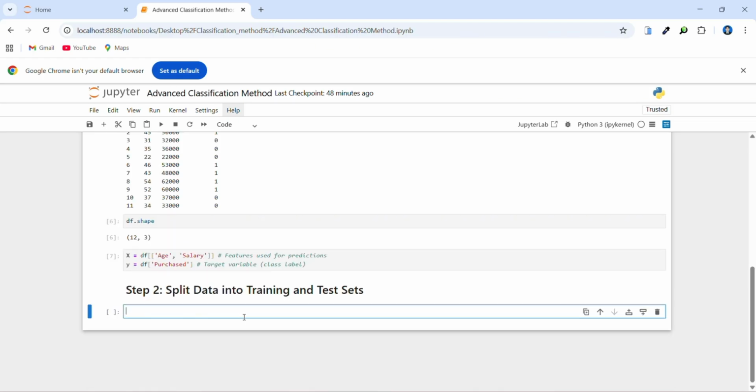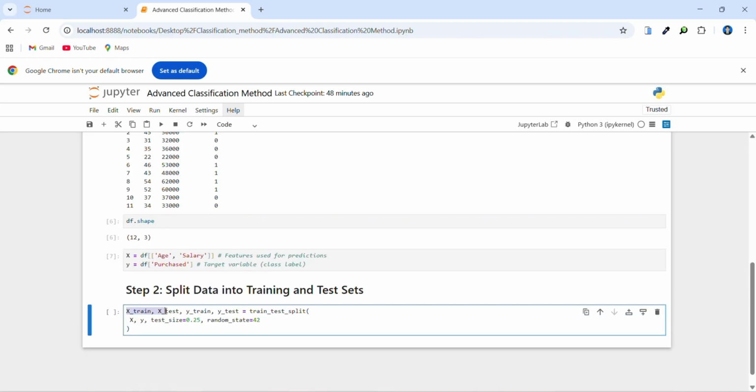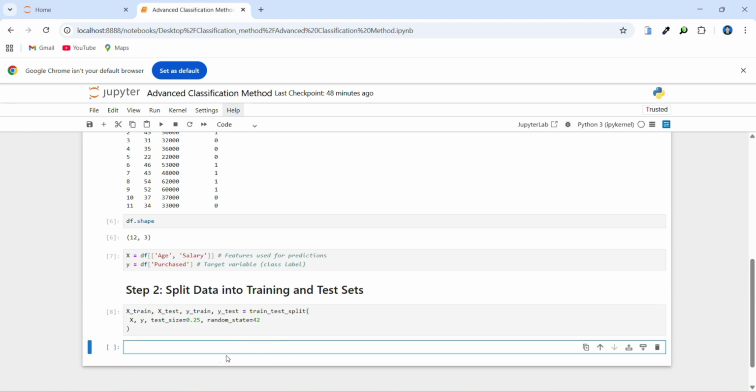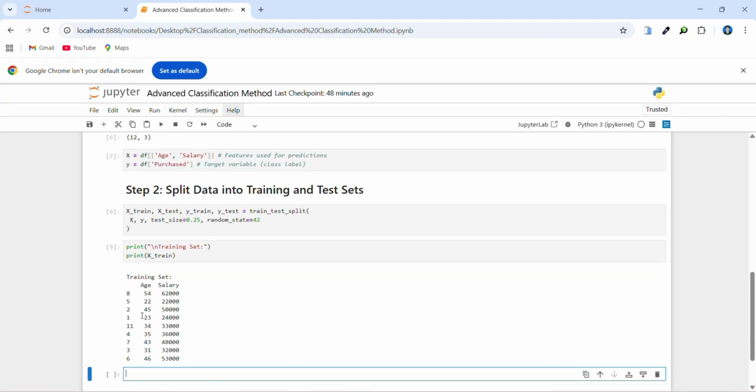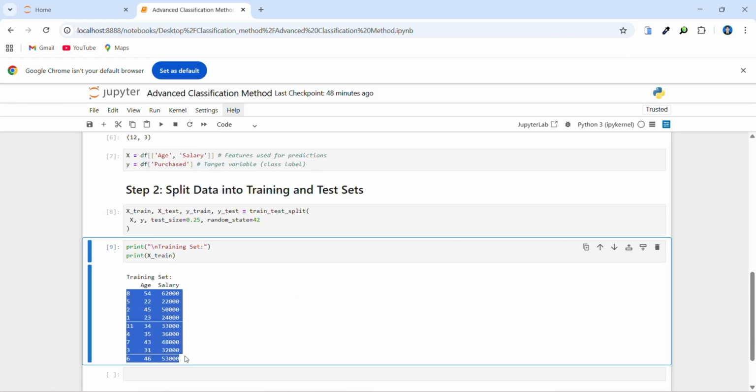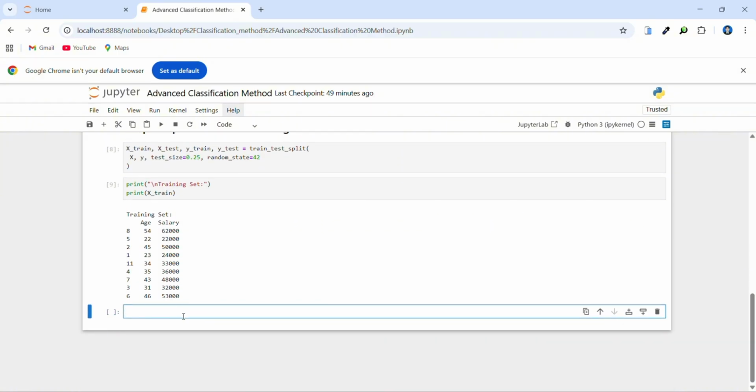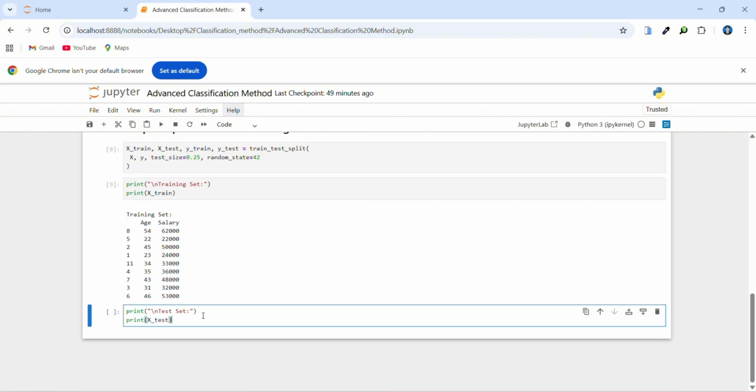Then we train on 75% and we test on 25%. So the train set, 75% is 9 rows. Now we print the test set and it has 3 rows.